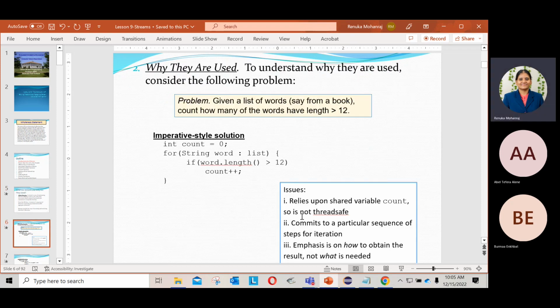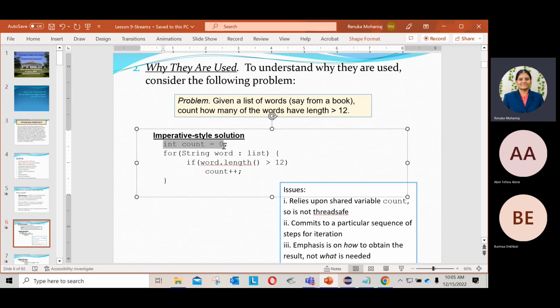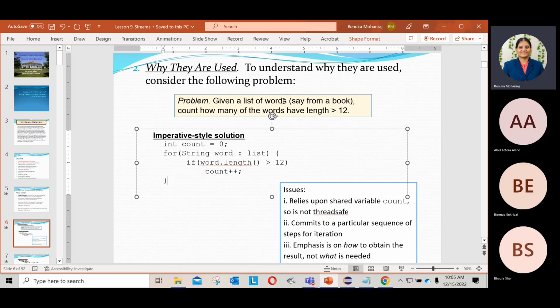Why do we need to go for a stream? We want to make our code thread safe with no side effects. Let's look at this imperative style of code. The count is initialized with 0. Our requirement is that you have a list of words, maybe from a